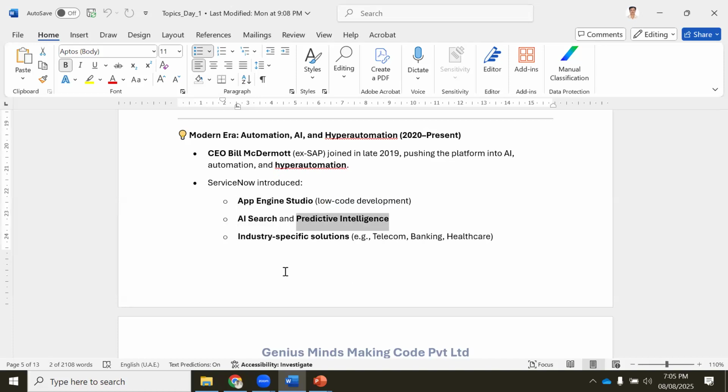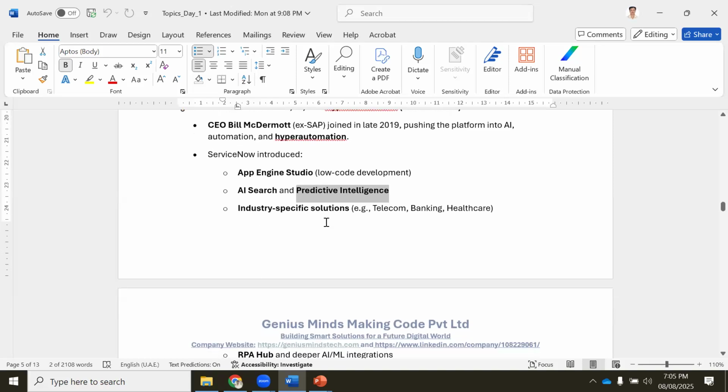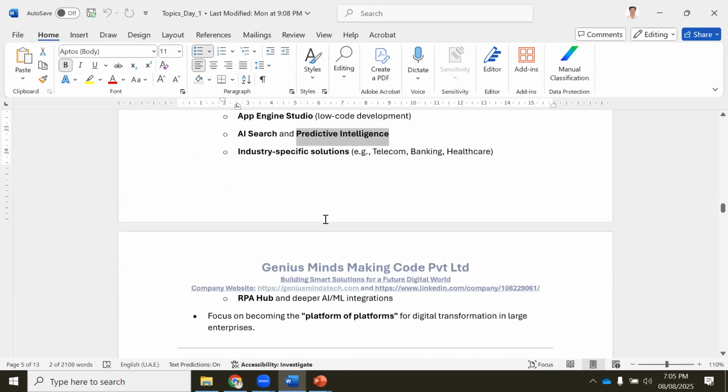Tomorrow you create the same ticket again. It will automatically tell you the solution that was given yesterday for that ticket. So that kind of predictive intelligence is there in ServiceNow, and it will learn from whatever we have fed into the tool and try to give a solution, correct?